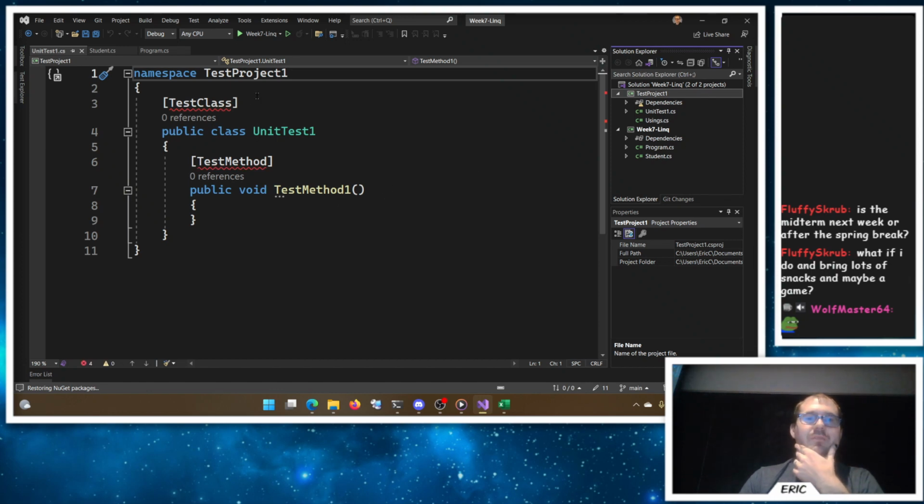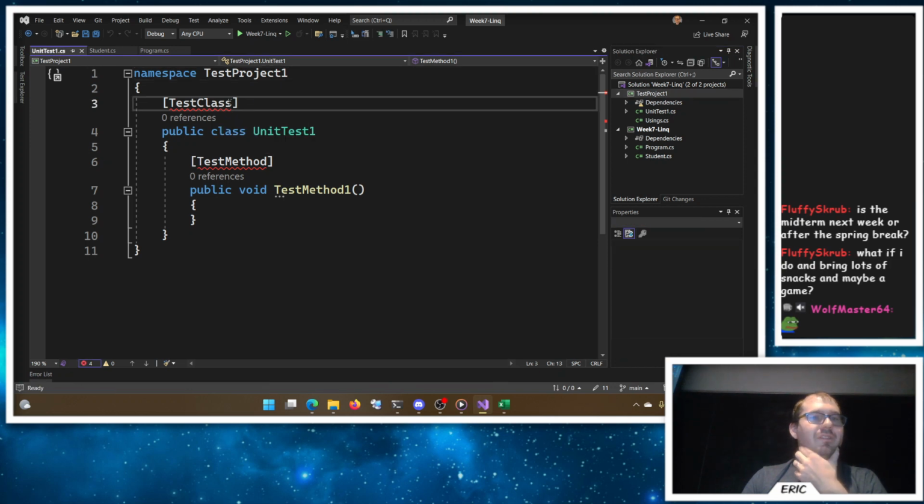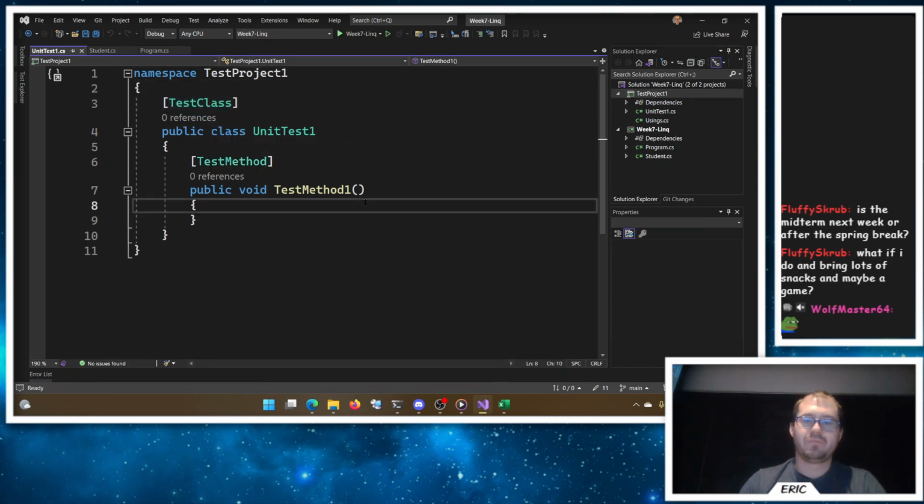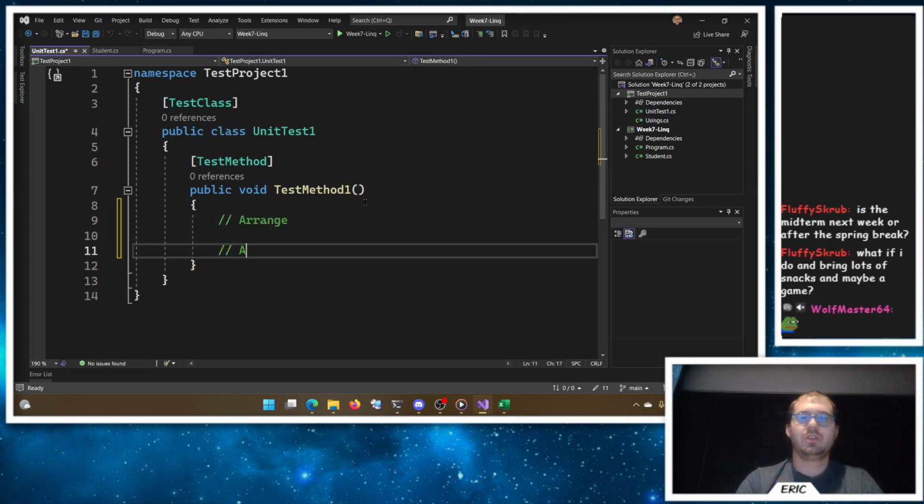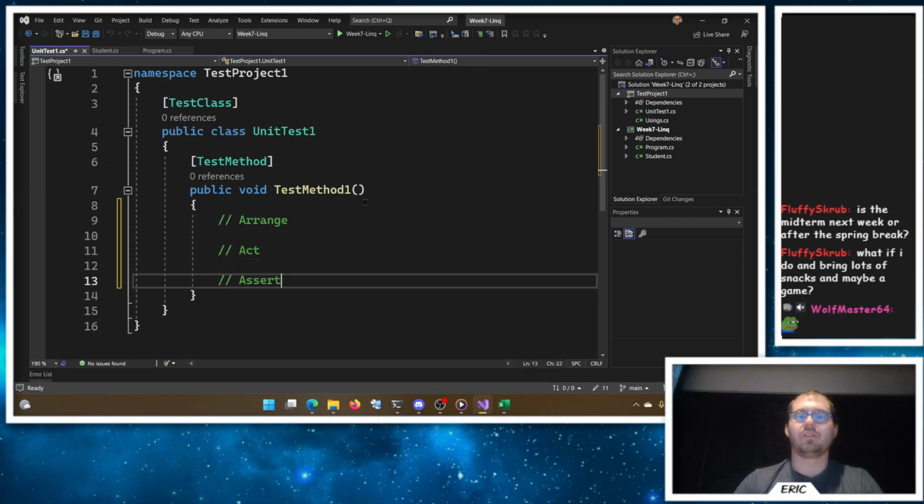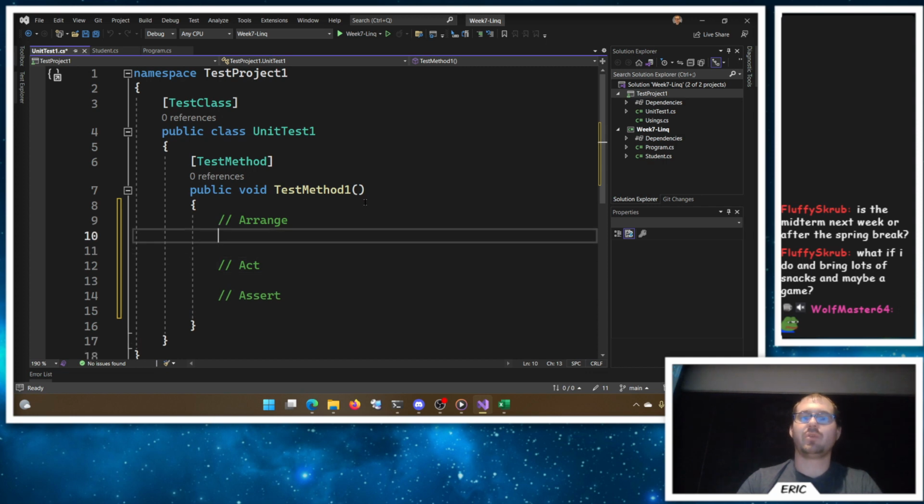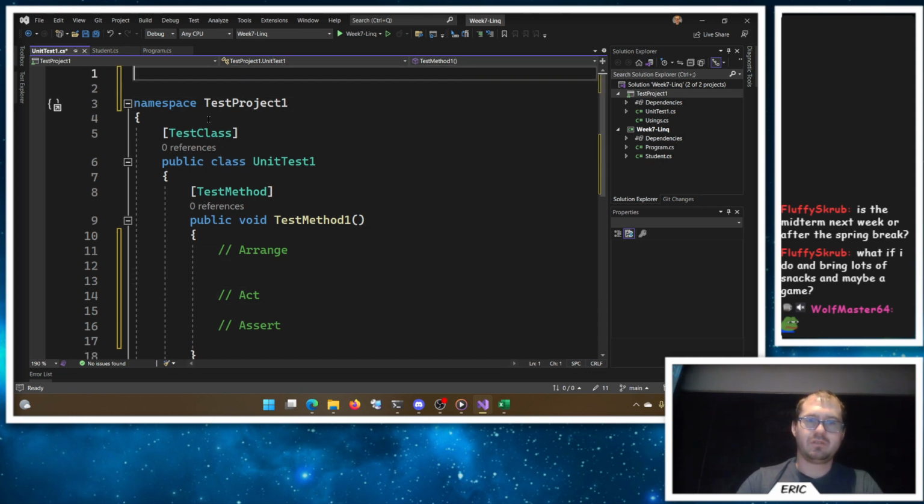So what do we want to test about? Okay, there it goes. Just had to load. You want to arrange, you want to act, you want to assert. Those three things. So if we want to test student, we need to use student. So we should be able to do our using